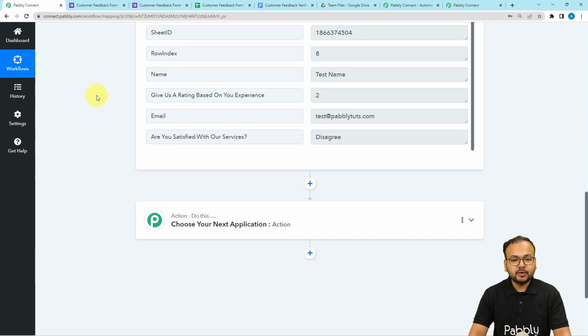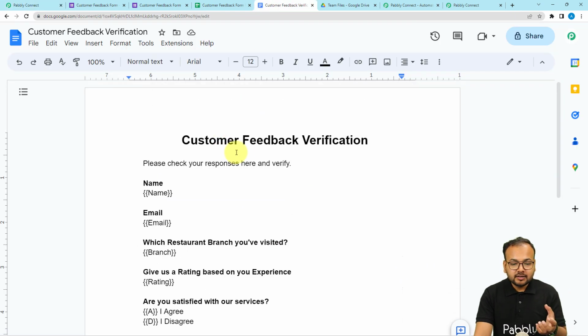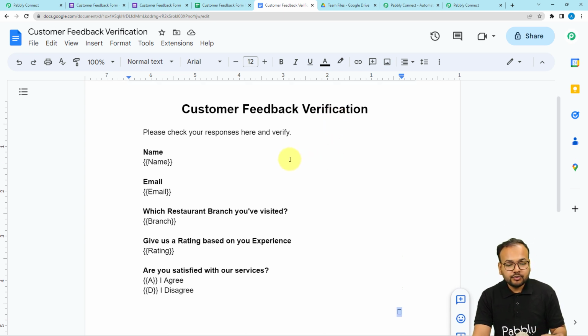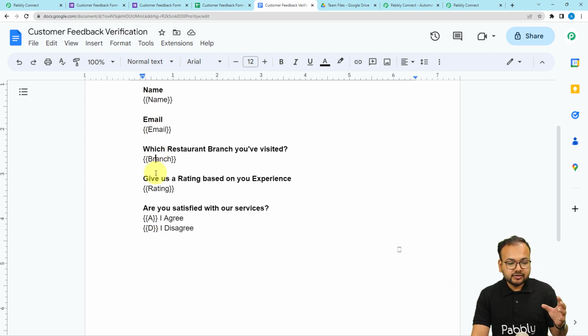Now after getting the response, I want to create a document using these responses, and this is the document I want to create, the customer feedback verification document. Here, guys, I want to place the name of the customer, email address, branch, all the responses we got. And here you can see we have these placeholders: the name placeholder, email address, branch, rating,